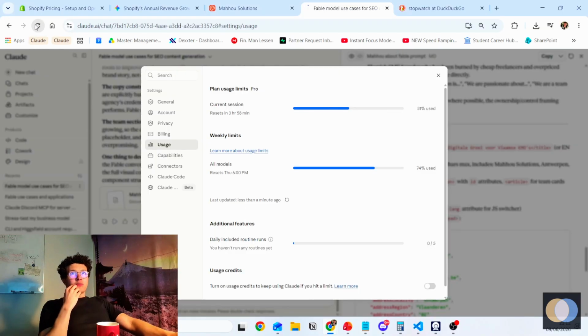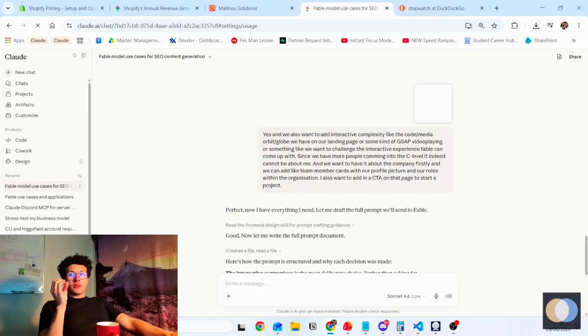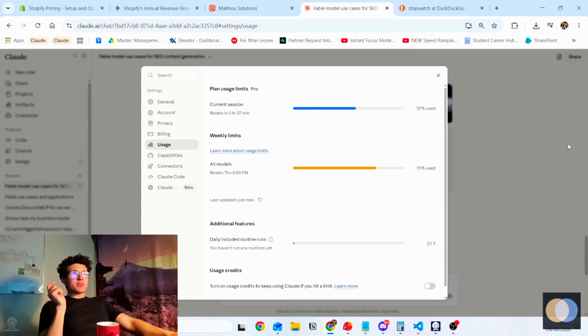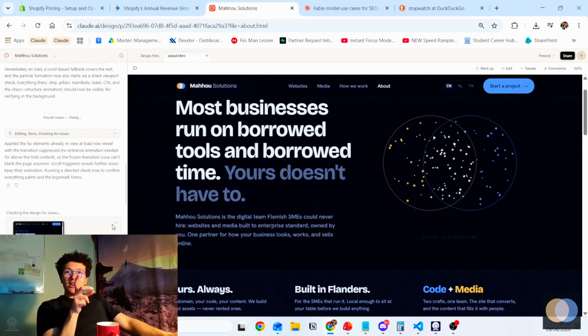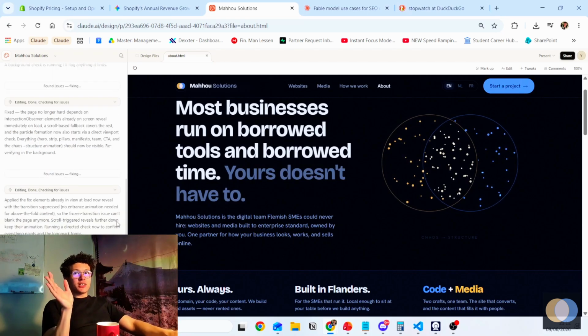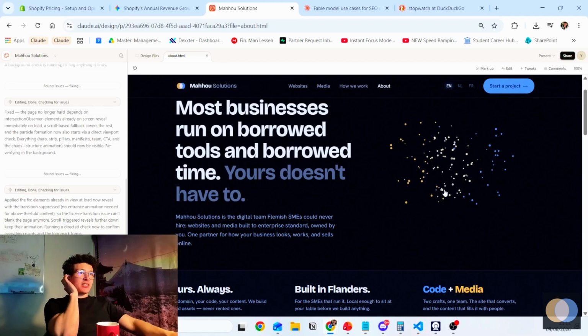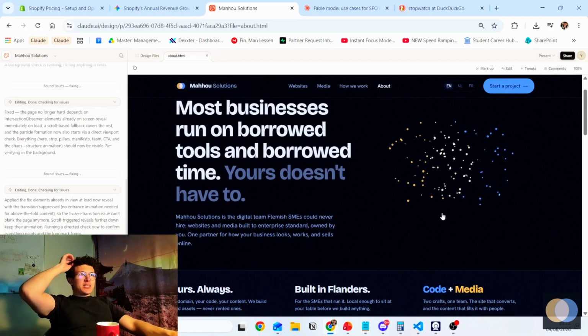So let's see, can I refresh the page, see if it's using any tokens? So it was 51% and it's 57%. So that means that this checking the design for issues is actually actively using tokens. So I'm actually going to stop the check because I cannot identify any issues. And yeah,